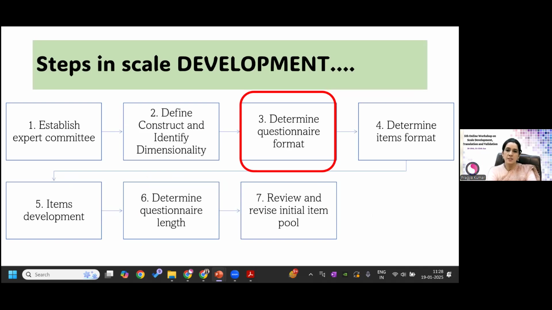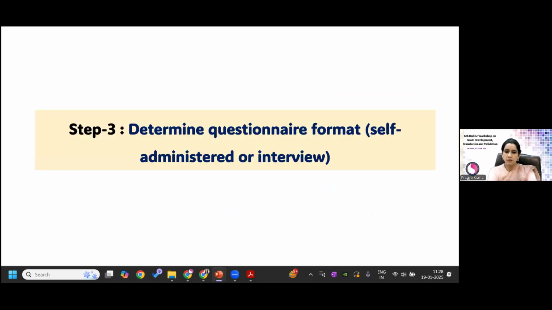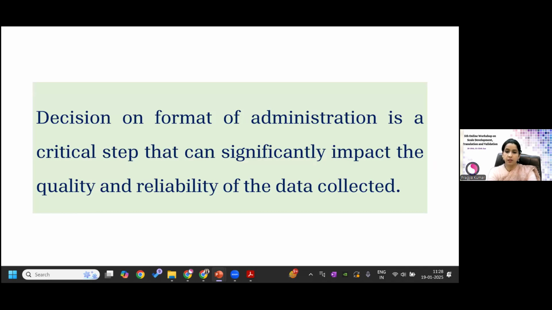Now, after you have generated the items, you will come to the questionnaire format. So what is this questionnaire format? The format is how you are going to administer it. Will it be self-administered, or are you going to take an interview? The decision depends on the nature of the respondent which you have, because it is a very critical step and it affects the reliability and validity of the